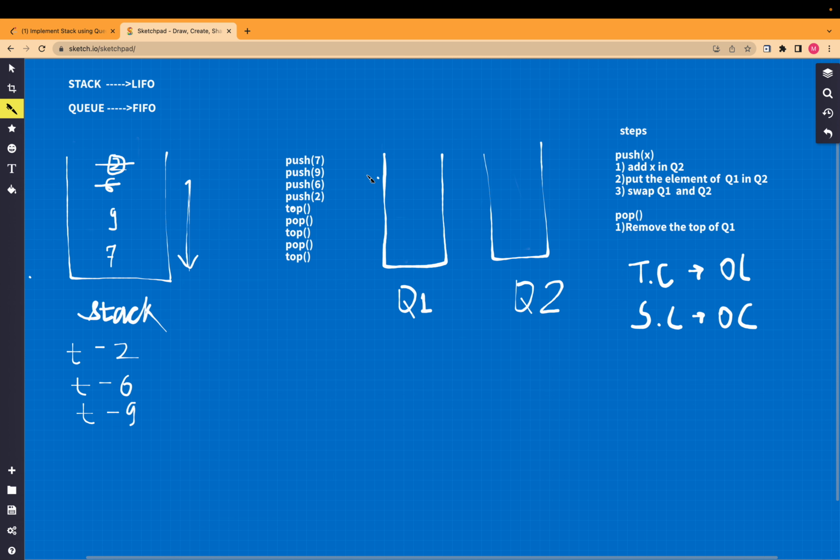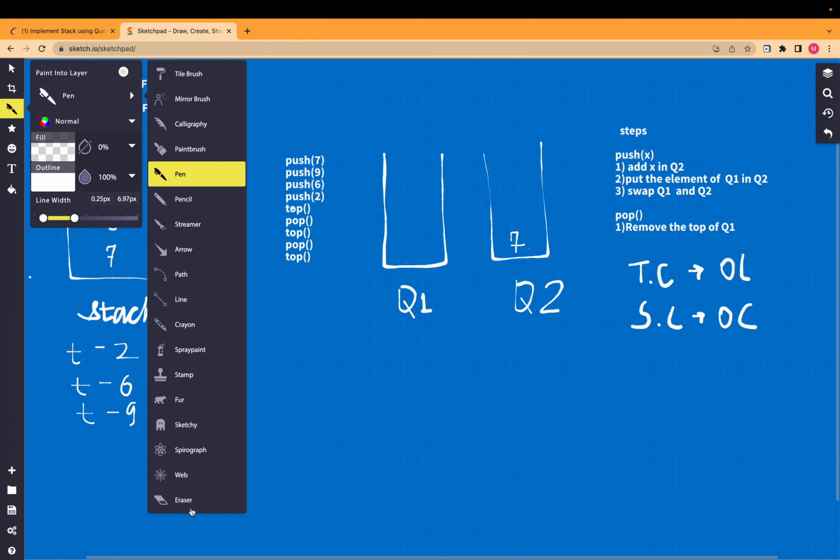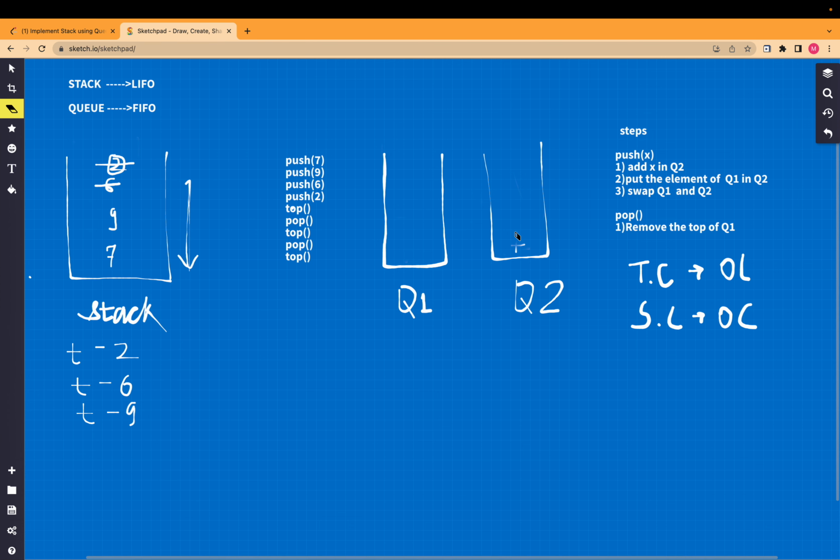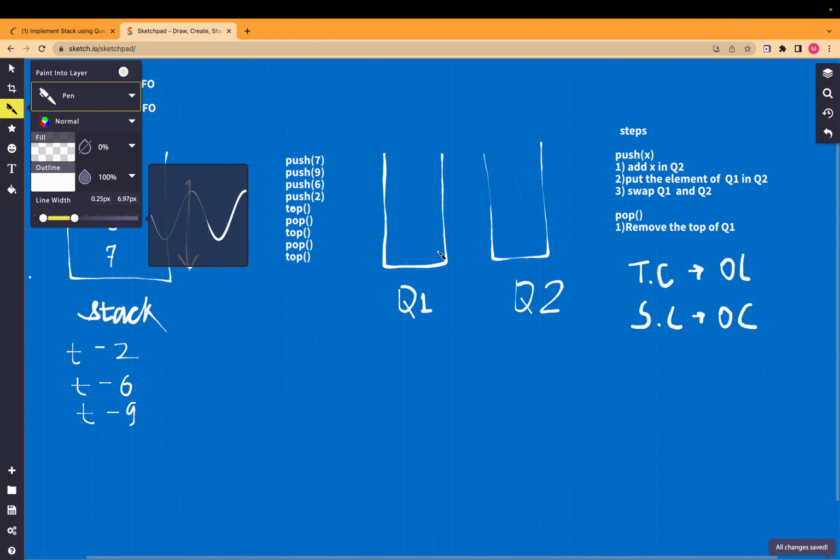For example, first we have the push operation 7. So we will push 7 in our q2, and then we will put all the elements that are present in q1 into q2. As of now q1 is empty, so there is nothing to put in q2. So we will follow the third step, that is swap q1 and q2. So if we are swapping q1 and q2, that means now 7 will come over here,